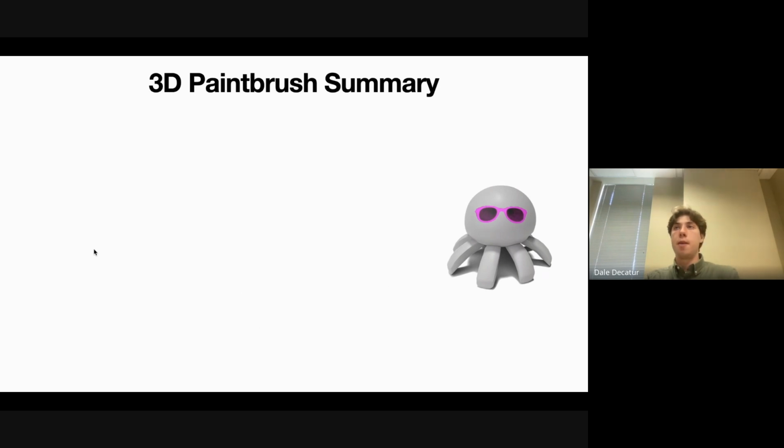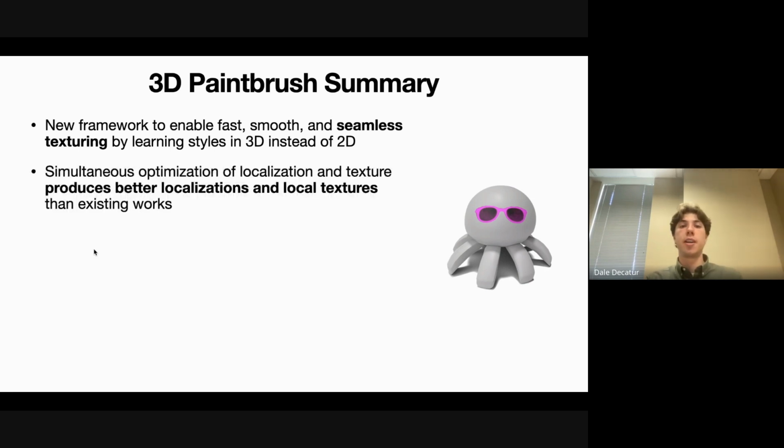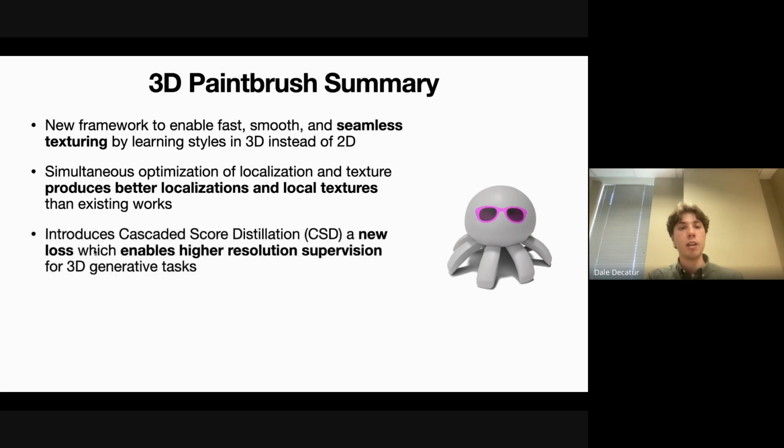So in summary for 3D Paintbrush, we have this new framework that's enabling fast and smooth and seamless texturing. So we're using texture maps, but also learning our styles natively in 3D instead of 2D. We're also simultaneously optimizing the localization alongside the texture, which gives us both better localizations and local textures than existing works. And we also introduced this cascaded score distillation, or CSD, which is a new loss term, which enables higher resolution supervision for 3D text